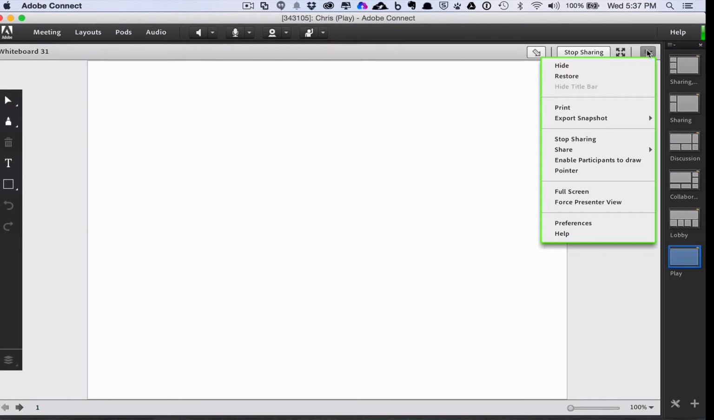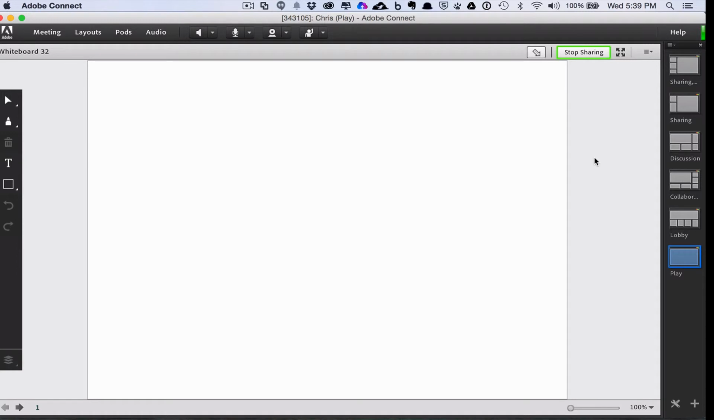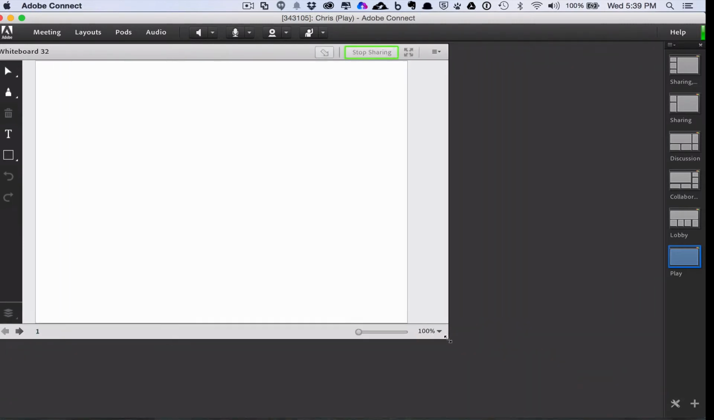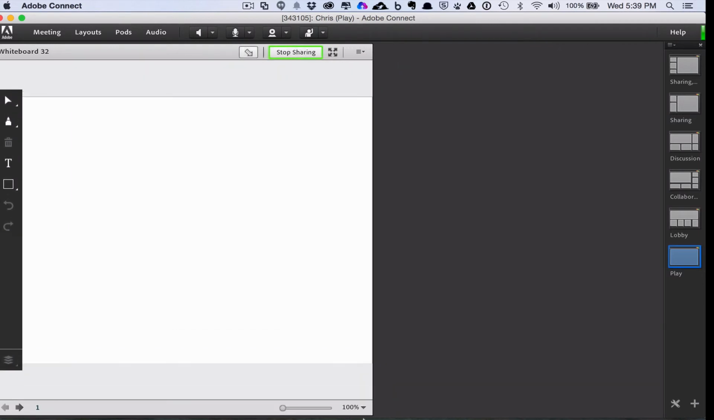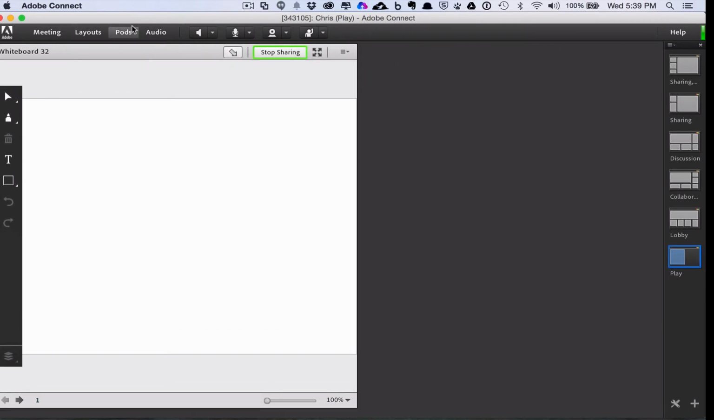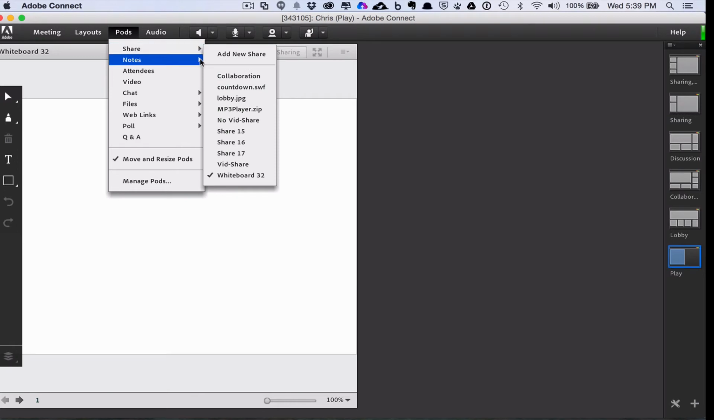Again, I have options. I can allow the participants to draw. I can export it as a snapshot, or I can print it. Now, one of the very nice features of Connect is you can have multiple shared screens. So in the video on layouts, I'll talk more about how you can add pods, but I'm just going to very quickly move my whiteboard here and then ask for another pod